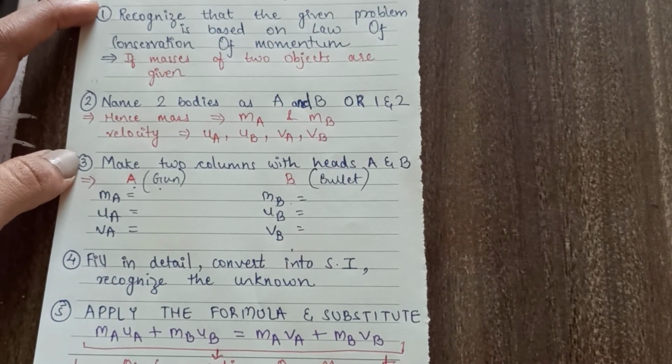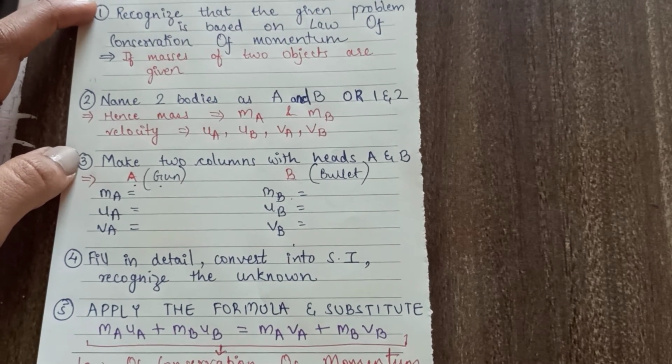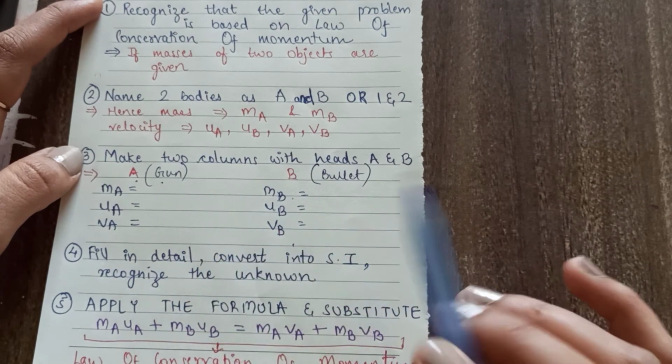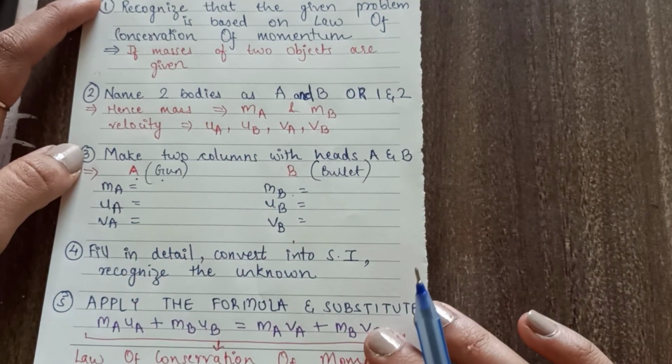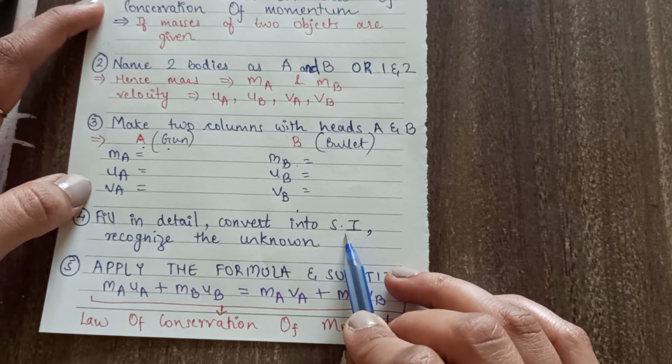Then you will start reading the question. So ma'am, without reading the question, how do we know that there are two masses given? So you can just take a glance at the question. In a glance you can tell that two masses are given, by looking at the units itself. Right? So the moment you get it, then you read the question and then fill in all the details. If necessary, then convert it into SI unit. Okay.